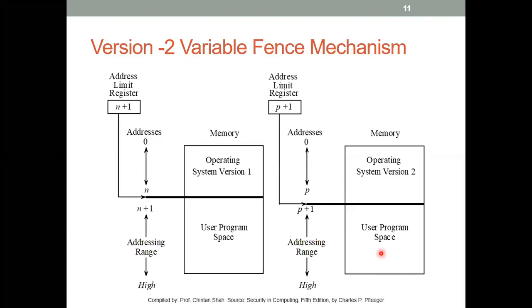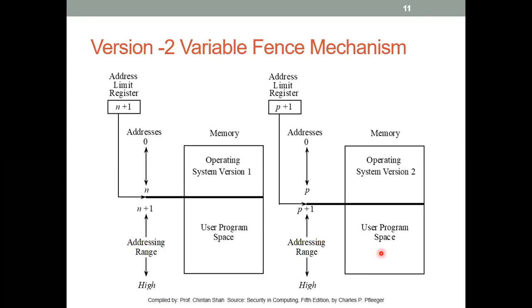Okay, no problem. If the OS requires less space and the pointer can be moved, all of us know that. But here, the OS first checks the space required by the OS, because that is always required. So the OS first checks for the space that is required for the OS, and then it allocates the remaining free space to the user program space. So it is not that both of them can be given equal space, because you want your operating system to be loaded first.